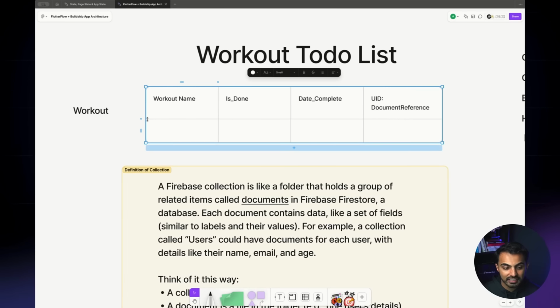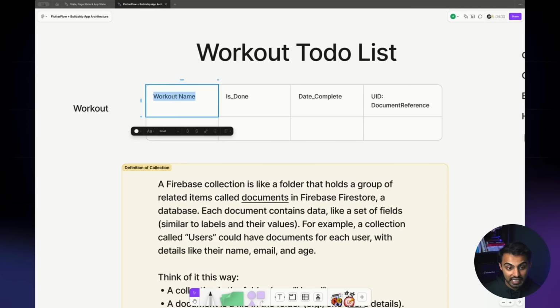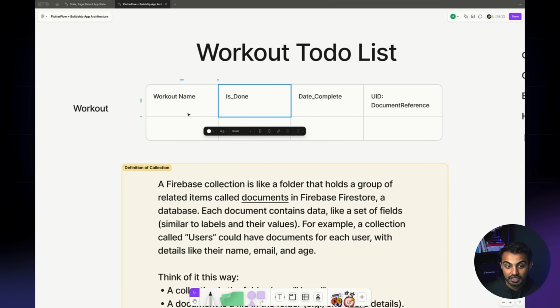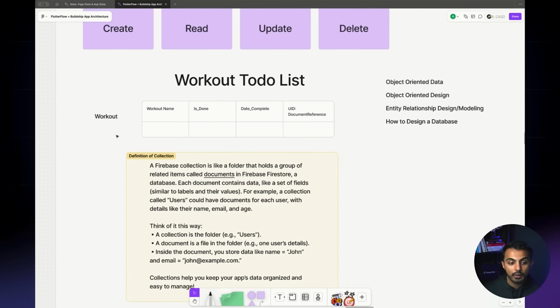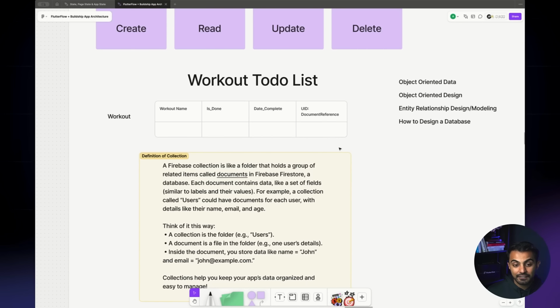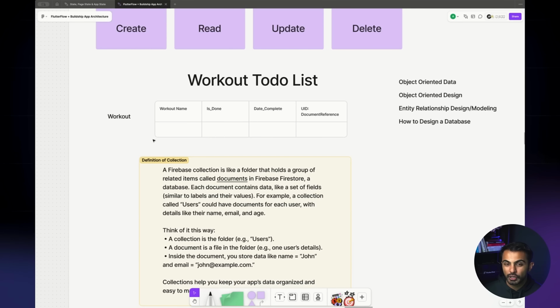So what we just did is we defined exactly that. We have the labels or the fields, and then each one of those labels is going to have a collection of data. However, one important thing to note is that Firestore is not a spreadsheet-like database. It's actually a JSON database.